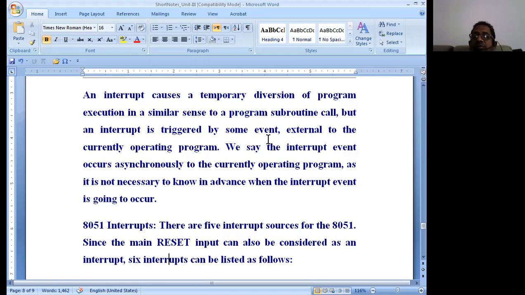An interrupt is normally going to get triggered. A simple example is reset. A reset is an external interrupt signal. Once the reset pin is pressed, what does it mean? It is something like an external trigger. An external interrupt known as reset has been triggered.